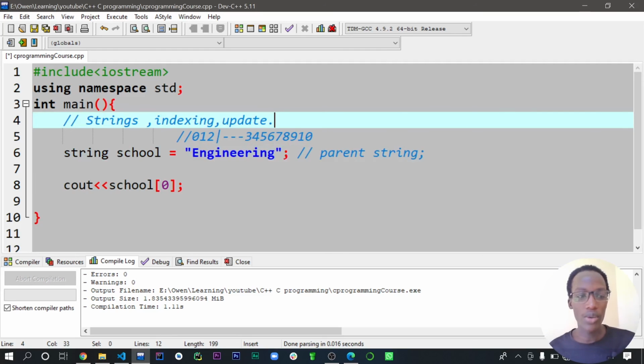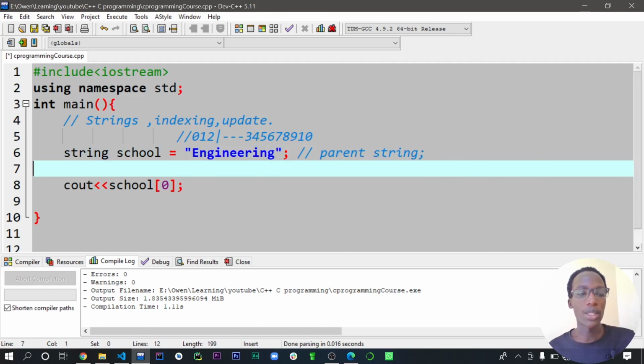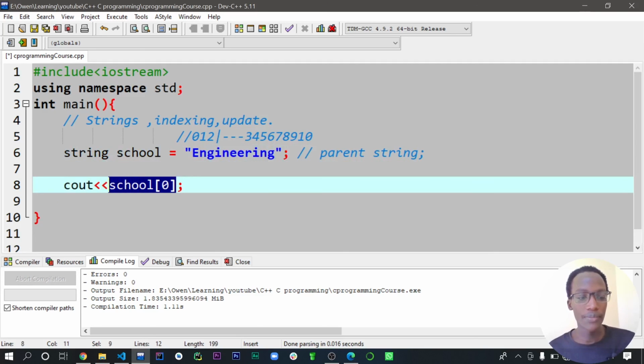So the next thing we can do is we can maybe update. So instead of School of Engineering, we can now say the school of engineering. So this is just the first element. So we can update this. Instead of engineering, then we can maybe print something. We can just print an A here. So to do that, we're going to say